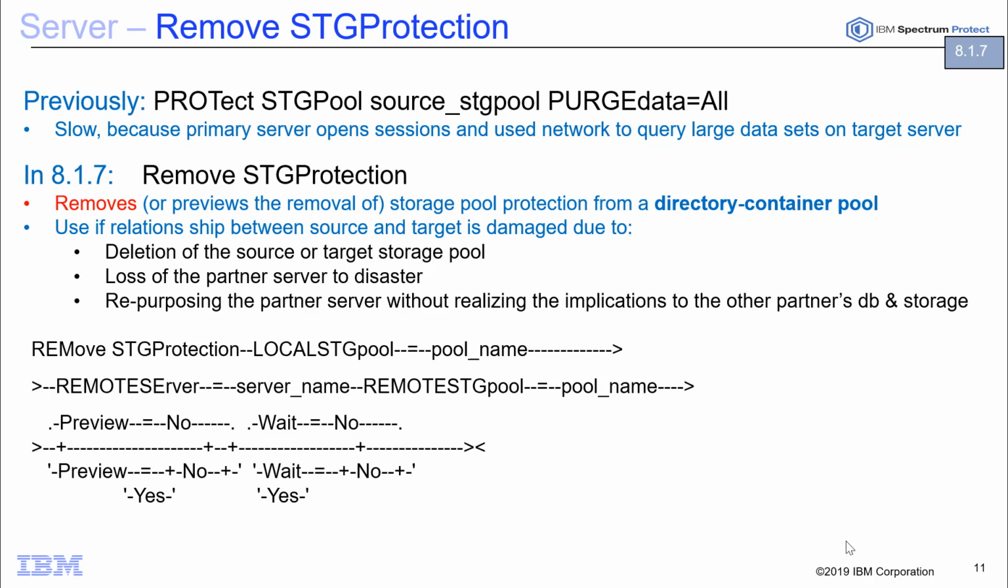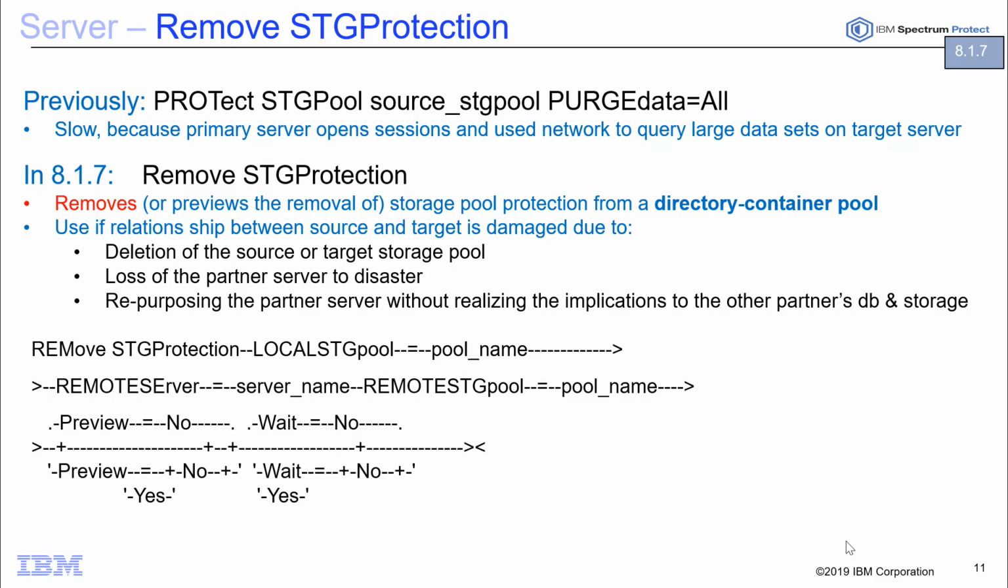Another new option inside the Spectrum Protect server is remove STG protection. In previous versions, if you had a directory container storage pool that was replicated, and for some reason that replication pair got damaged, either due to a deletion of the source or target server, or loss of the partner server due to a disaster, or some type of repurposing where you didn't clean up before you repurposed that Spectrum Protect server,